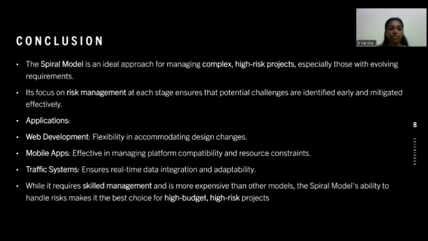Coming to the applications: web development, flexibility in accommodating design changes; mobile apps, efficient in managing platform compatibility and resource constraints; traffic system, ensures real-time data integration and adaptability. While it requires skilled management and is more expensive than other models, the spiral model's ability to handle risk makes it the best choice for big, high-risk